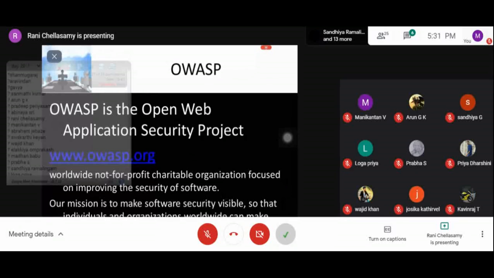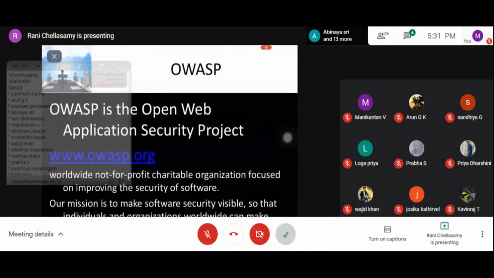This is a worldwide, not-for-profit charitable organization mainly focusing on improving the security of software. It gives awareness and security measures to organizations.